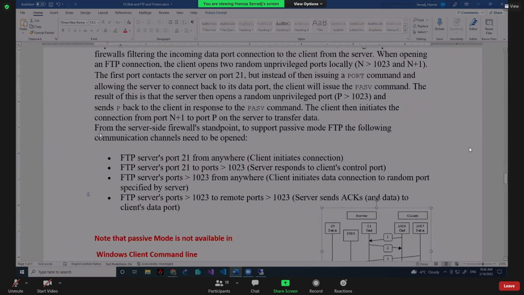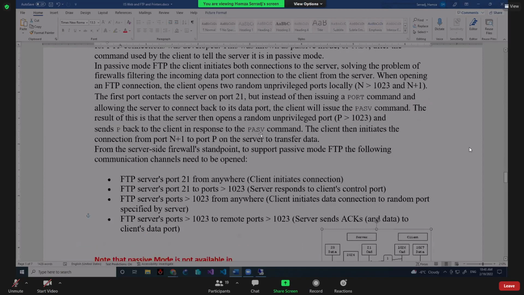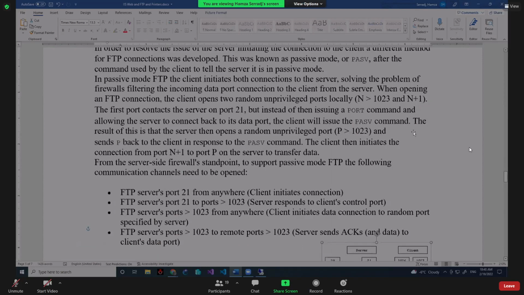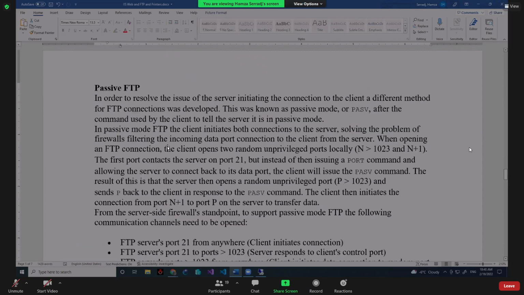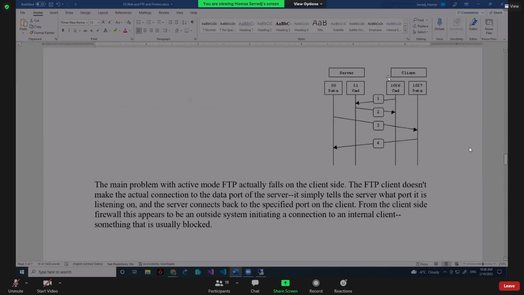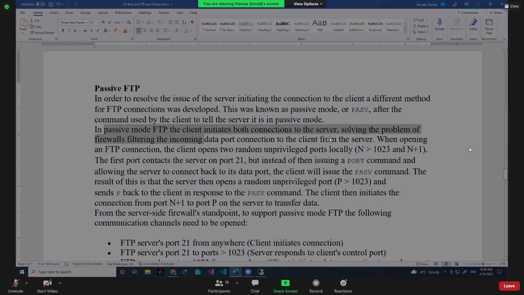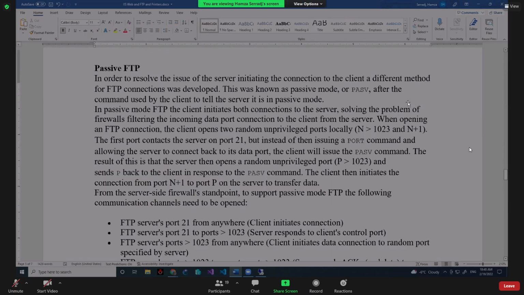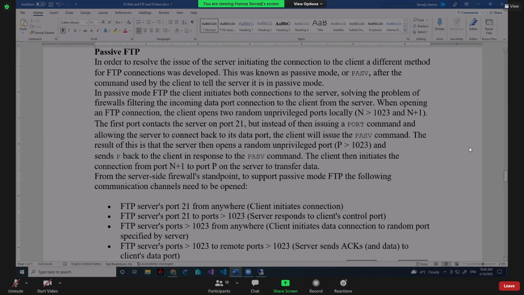It's the same way. So in passive mode FTP, the client initiates both connections to the server, solving the problem of the firewall filtering the incoming data port connection to the client from the server. In reality, it's not solving, it's transporting the problem that was here. We're going to transport it here. And here we can solve it, right? Because this computer belongs to us. We have control over this server, but we don't have control over the client since it's public. Okay, so